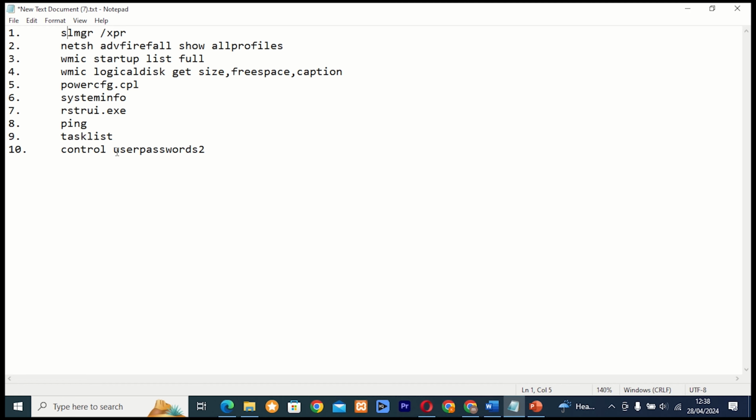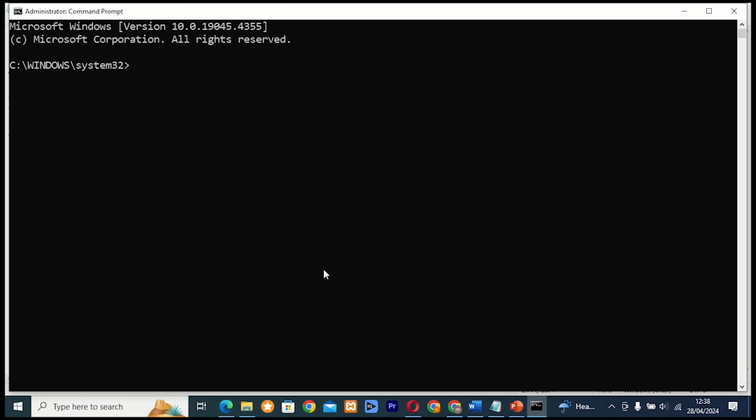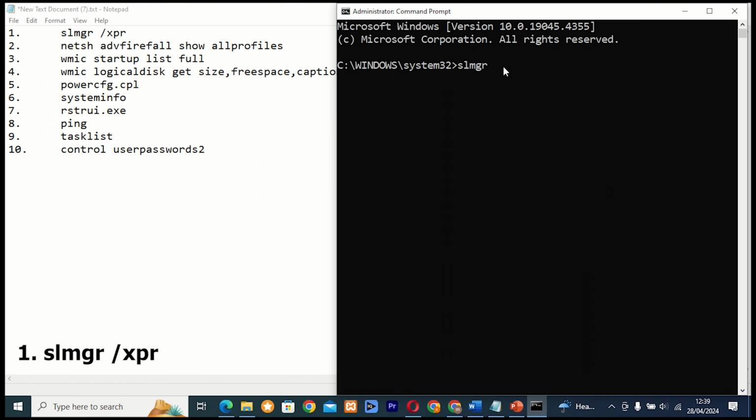Today, we're going to be diving into the world of CMD commands, specifically for all you new Windows PC and laptop users out there. Let's start with number 1 on our list,